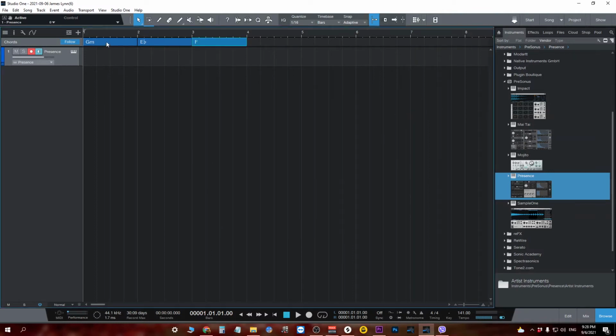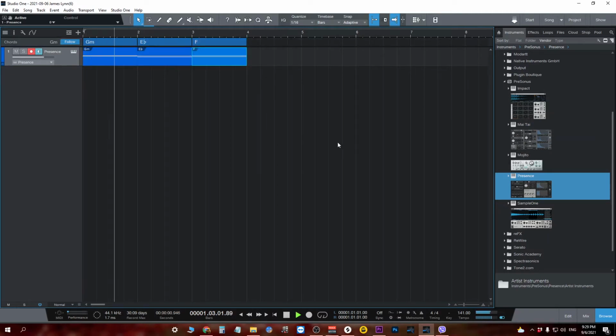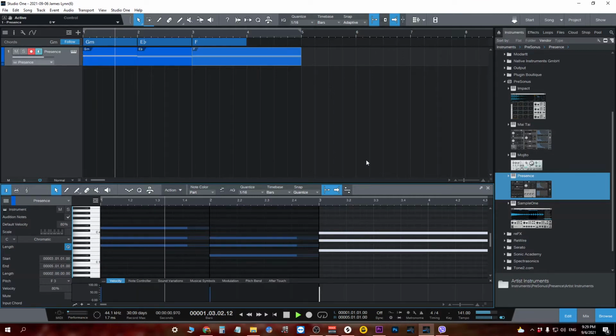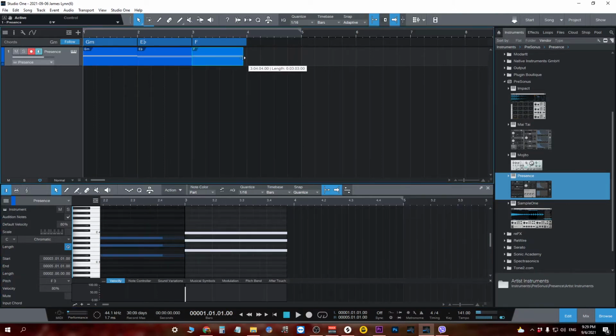So we're gonna drag those down to our instrument and see how it sounds. And since we want a 4-bar loop, we can either, let's say, extend this one or even better,